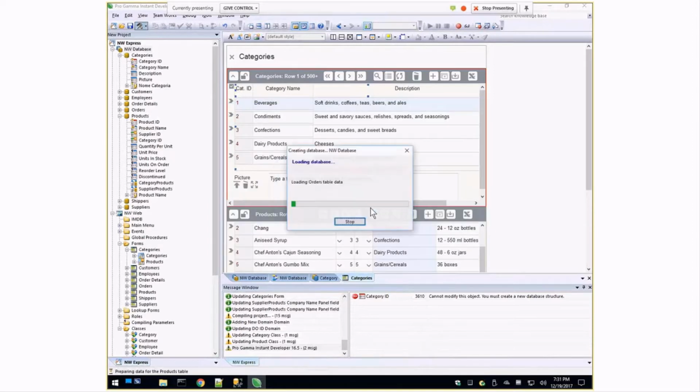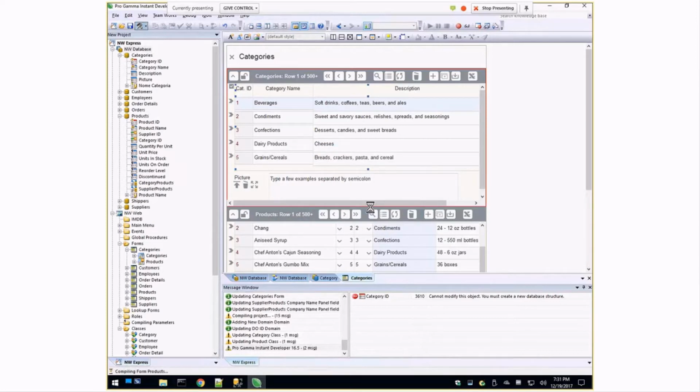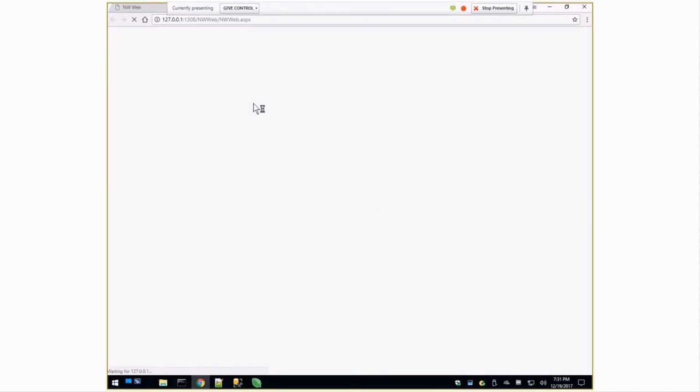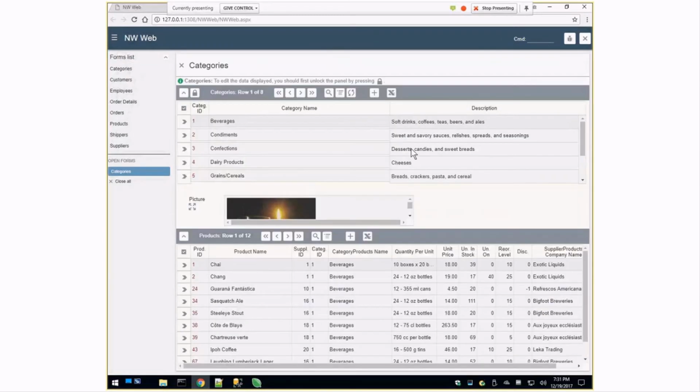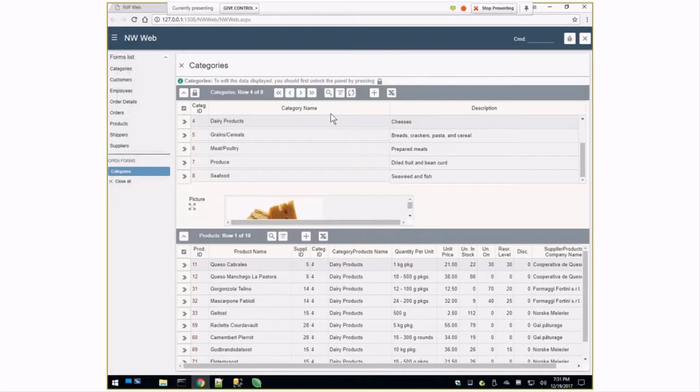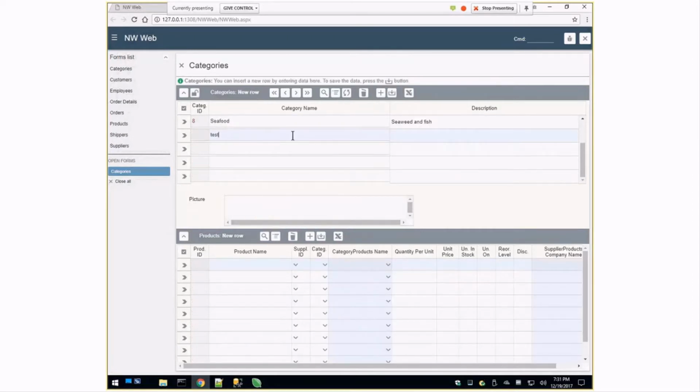Made a backup? Yes. Okay, so you basically wiped out all the tables, made the modifications to the schema, and reloaded them. So now it should look the same, but if we went and added another category here, like test food, and save it,